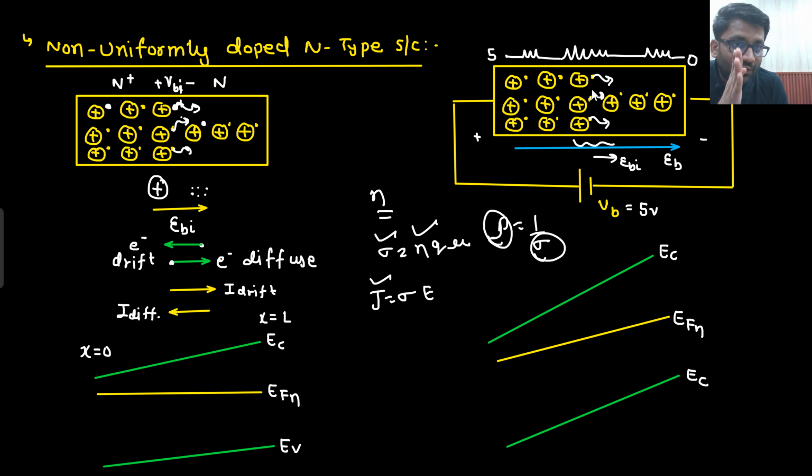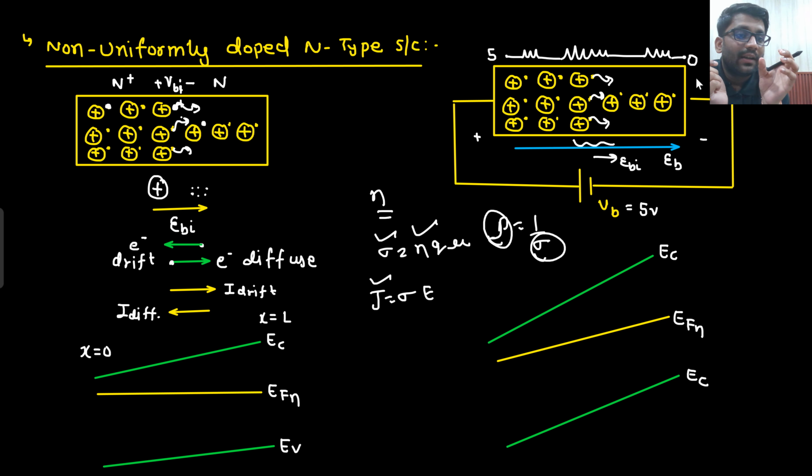Okay. So more electrons from here would come to this side. They will not be reaching all the way to this side, but most of the electrons would be reaching here only. Are you able to understand this point? And all these things we will see in our PN junction as well. But as of now, what did you understand? That at the junction,